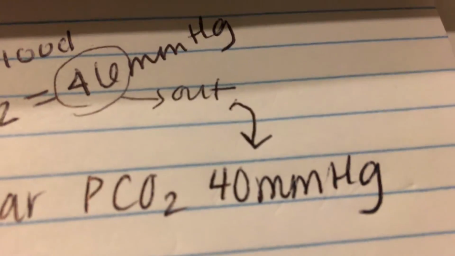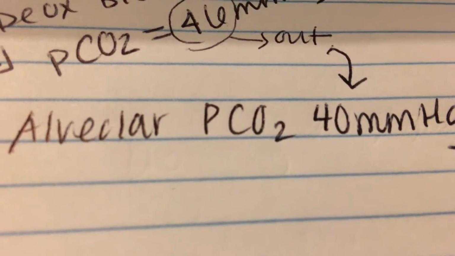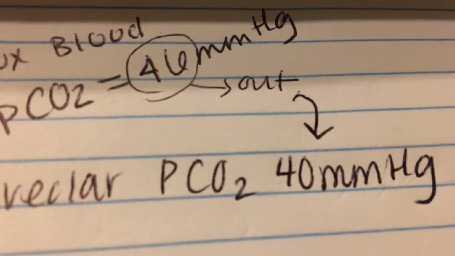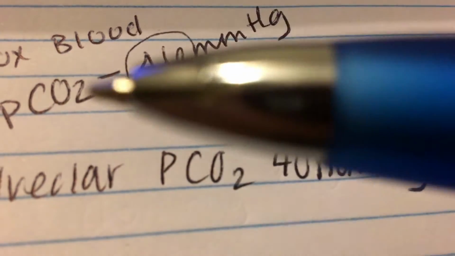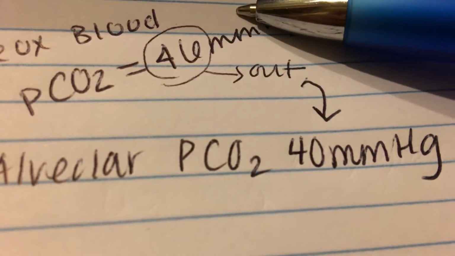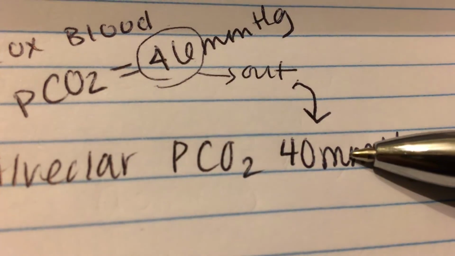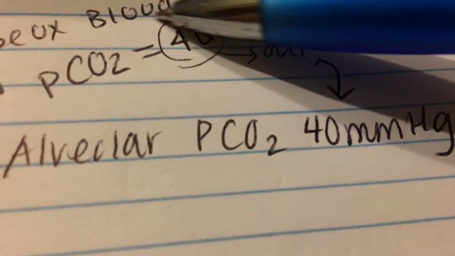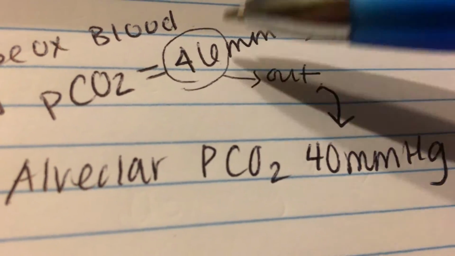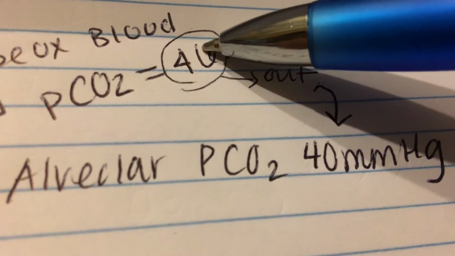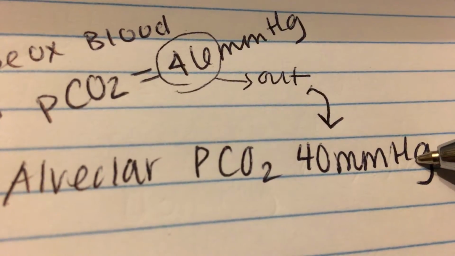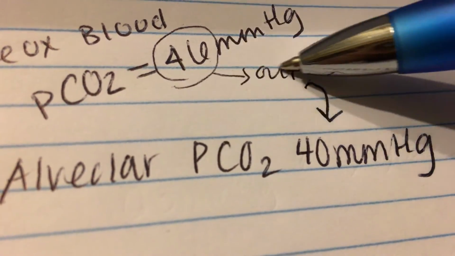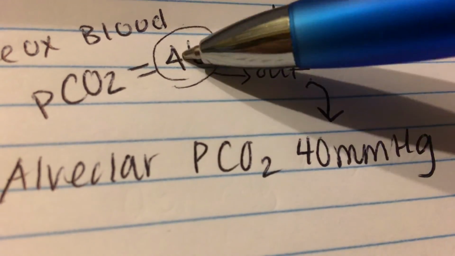Just like with oxygen, right? The alveolar partial pressure of carbon dioxide is 40 millimeters of mercury. So just like oxygen, the area with higher pressure moves to the area of lower pressure. But unlike oxygen, where the gradient was opposite, right? With oxygen, there was actually lower amounts here and then higher amounts in the alveoli. It's the opposite here, so that the carbon dioxide can diffuse down into the alveolar sac, and then the blood can get rid of